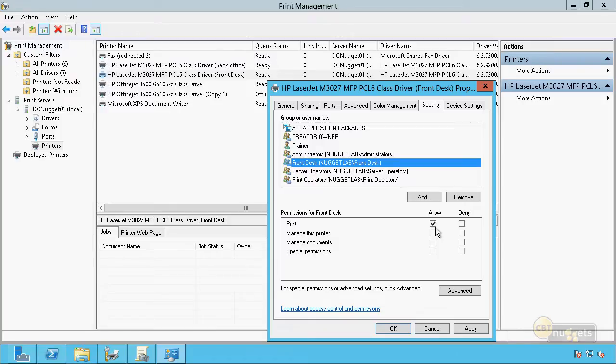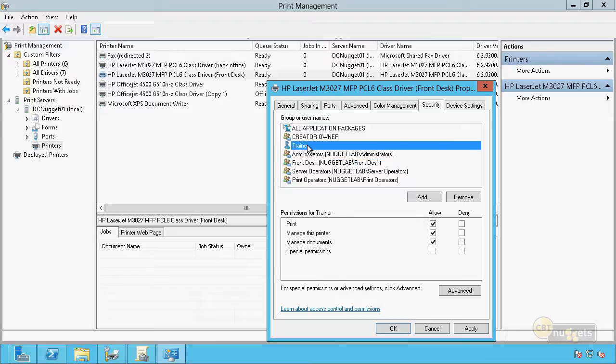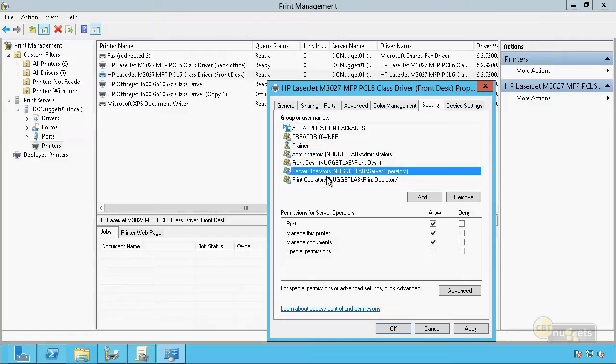So if you don't want that behavior, you have to go up there and remove everyone like you saw me just do, and then make sure that the people you do want to print are included there. Notice also there's kind of special groups. Anybody that installs the printer already has full control over it here. And then any other default groups, such as administrators, server operators, or print operators, all have full control over the